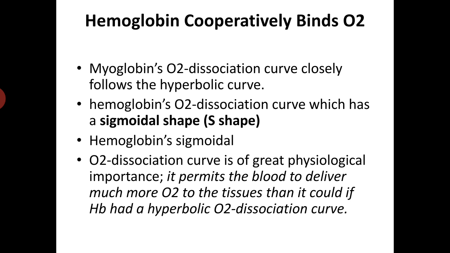So here we have the discussion about this previous graph. The myoglobin curve is hyperbolic, but the hemoglobin curve is sigmoidal in shape. From this dissociation curve, generally in biological systems we do not discuss the association constant or association curve; we generally discuss dissociation. It is just similar to association, because if it dissociates easily, its association is difficult, but if it is difficult to dissociate, its association is very good. So it permits the blood to deliver much more oxygen.